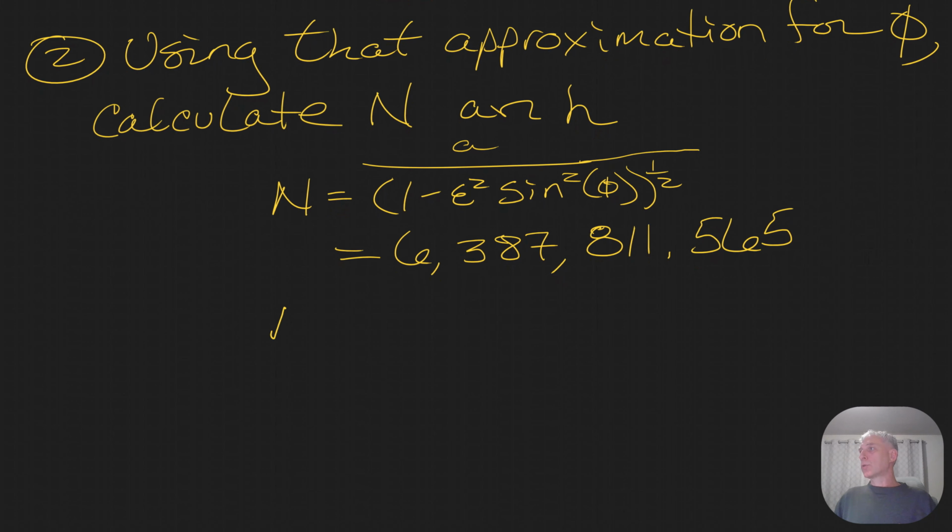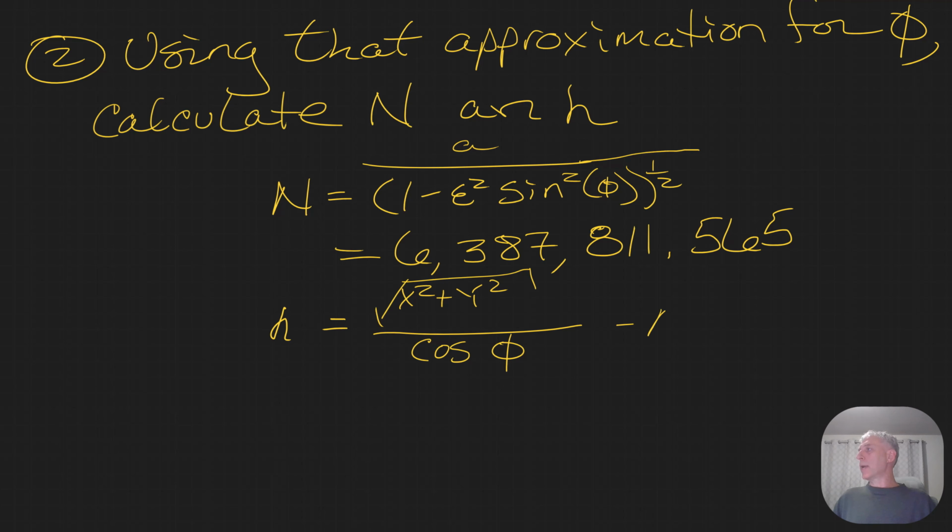So h, remember, from above, is equal to the square root of x squared plus y squared over the cosine of our phi that we just got, minus n. And when we do that, we get a value of